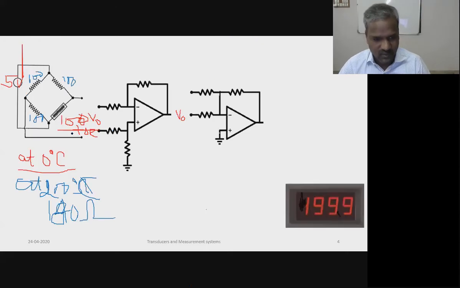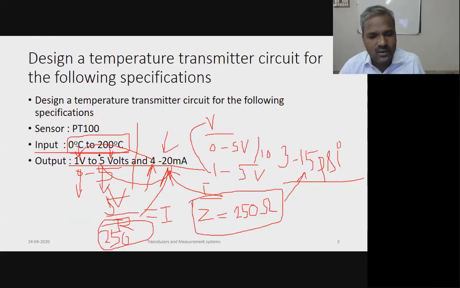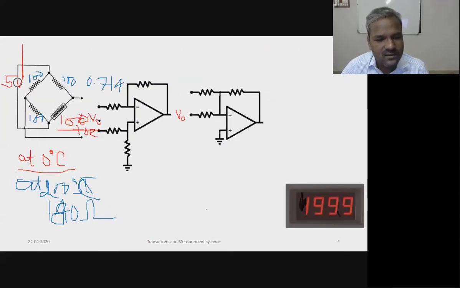So at 200 degrees Celsius, del V naught is 0.714. Actually, we should get 5 volt output at 200 degrees Celsius. For 0 degrees Celsius, del V naught is 0. Whereas for 200 degrees Celsius, the del V naught is 0.714. Okay. But